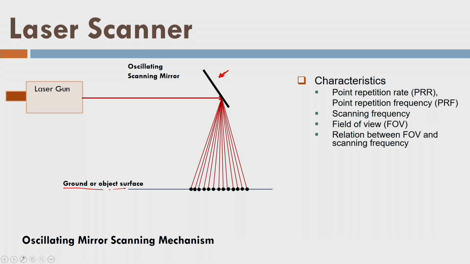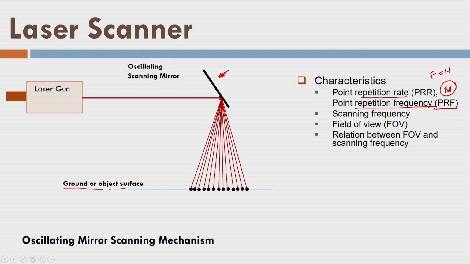Okay, so what are the characteristics of the laser scanner? Let us try to understand this. First of all, in the last lecture we said there are some N number of pulses that can be fired by the laser scanner or by a laser gun in 1 second. This N number of pulses fired in 1 second, we call the point repetition rate or point repetition frequency. PRF is the more popular name for this capital N. Moreover, in this lecture and further in this module, we are going to indicate PRF by the symbol F, right? So we can say F is equal to N here, right?